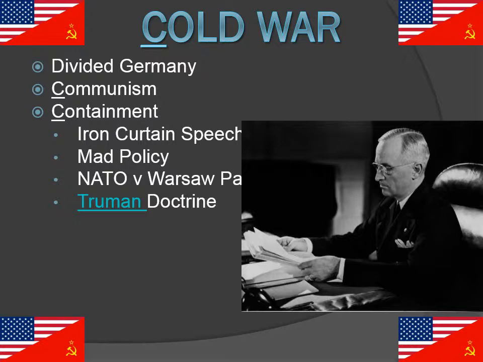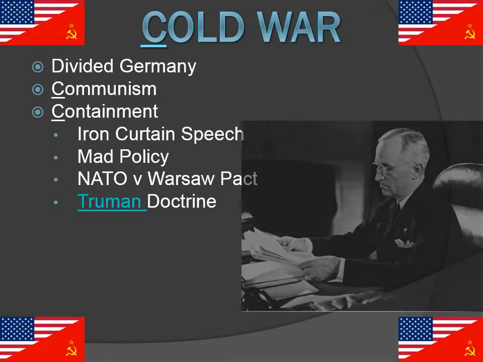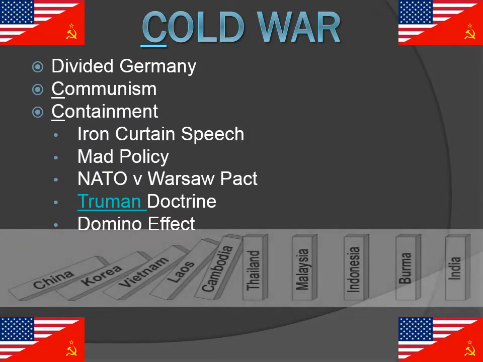And so the Truman Doctrine said we will intervene, we will help stop the spread of communism economically, and then that will actually be fulfilled militarily with the Korean War. When the North invades the South, we are actually going to get involved in that war. So the Truman Doctrine really is meant to discuss the stopping of the spread of communism during this time period. And that also is addressed in the domino effect.